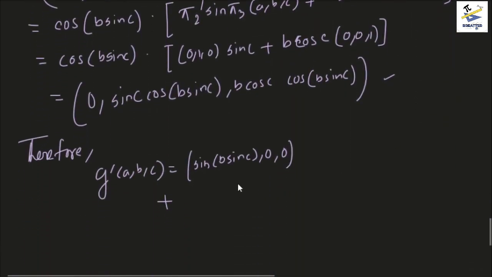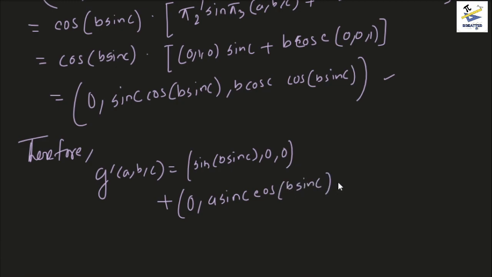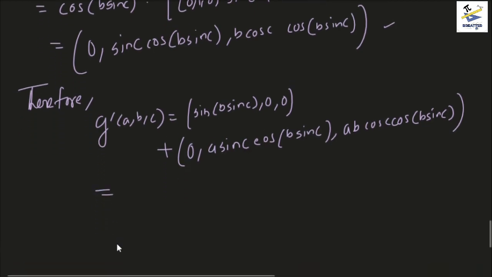So plus what you have is this 0 comma a sine c cosine of b sine c, comma ab cos c into cos of b sine c, and together we have g prime ABC as